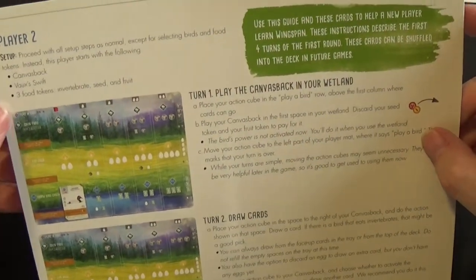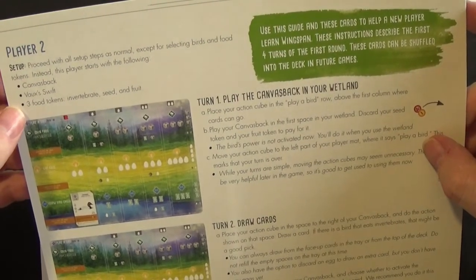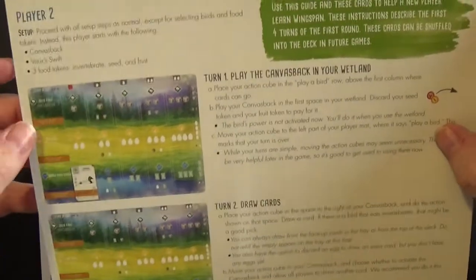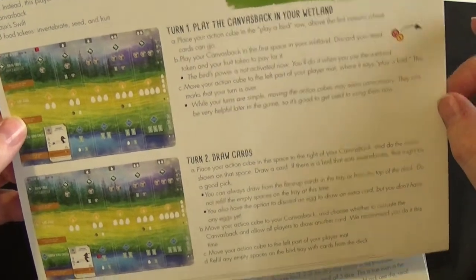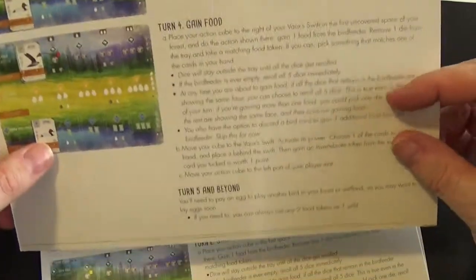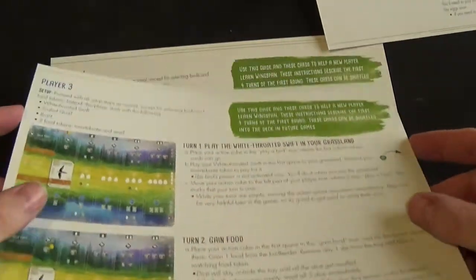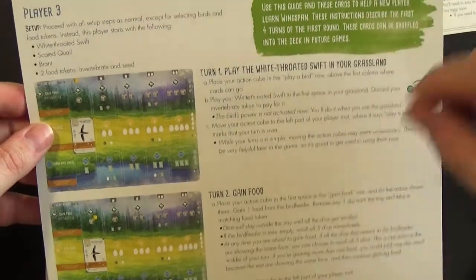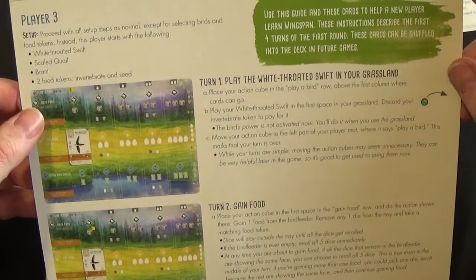So it just goes through that, and that's for player 1. For player 2 it's slightly different. So player 2 will start with the following: a canvasback, a Vaux's swift, 3 food tokens, invertebrate, seed and fruit. And it says to play the canvasback in your wetland, and then draw cards, and then to play the Vaux's swift in your forest, and then to gain food, and what happens turn 5 and beyond. Now I'm not exactly sure as to whether or not these birds are already included in the main deck of cards, but